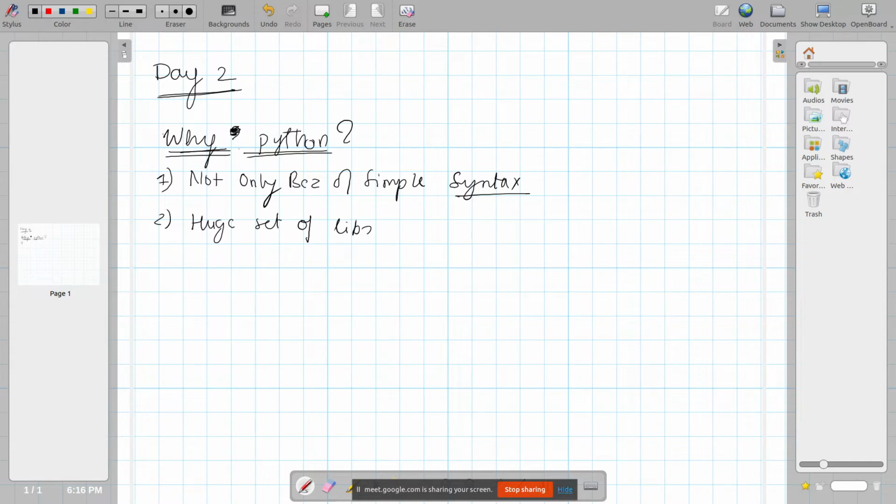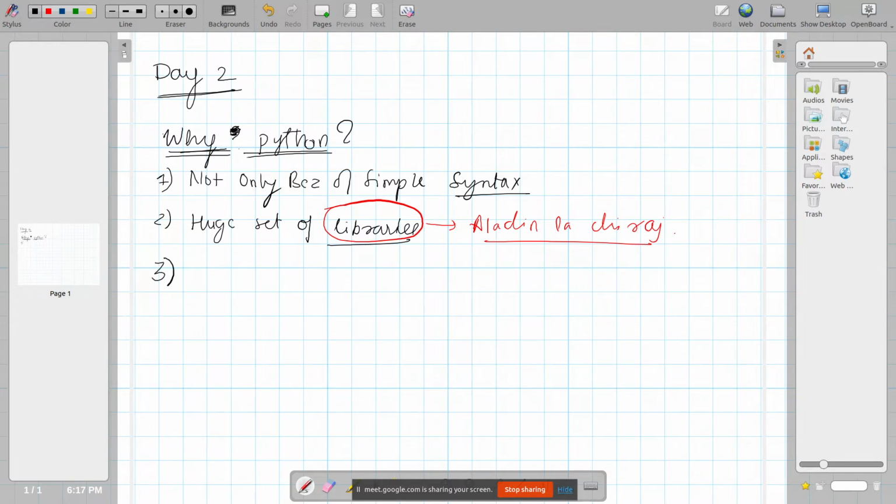okay? Now you might be saying you are using a new term here, what does this actually mean? The exact meaning of this word I'll tell you, okay? But right now you can just think of this as an Aladdin ka chirag. I'm sorry if I make any spelling mistake, okay? So Aladdin ka chirag, what is Aladdin ka chirag? Whatever you ask, it will give you, something like that, okay? So such things are there in Python, like you ask something and it will give you. Yes, I'm not joking, I'm serious, okay?